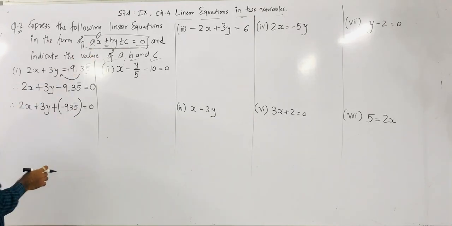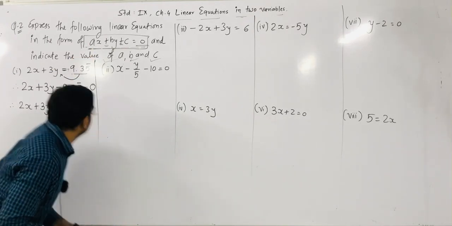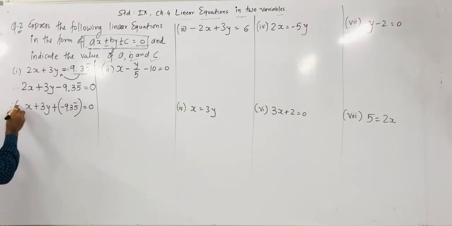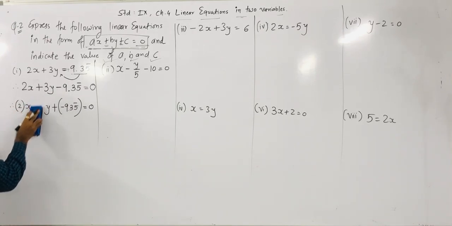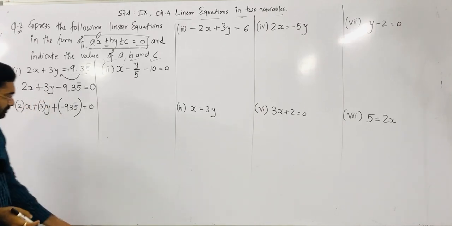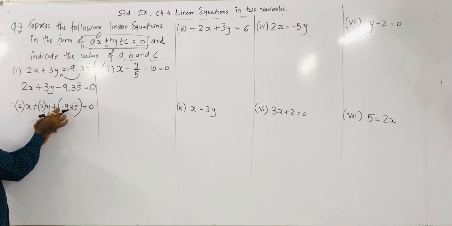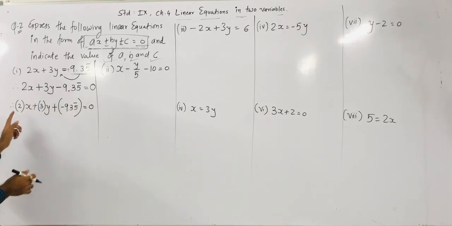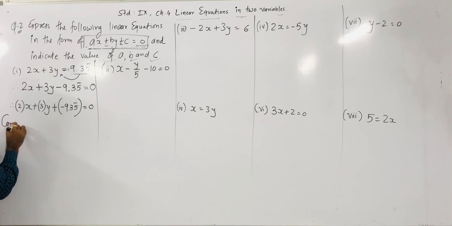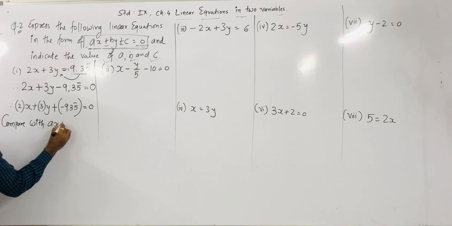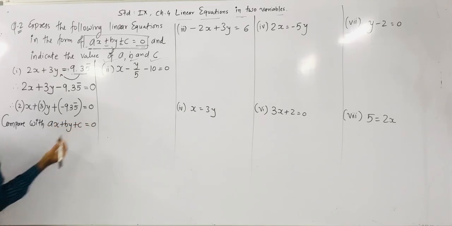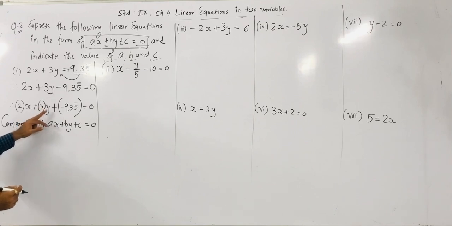Here the x coefficient is 2 in the given question, so I can mention it in bracket form as well, so that it is clear. And the y coefficient is 3. Here is a plus sign, so the y coefficient is 3, written in brackets as it is. Plus minus is minus only, so that is how we represent it. Now we have to compare that form with ax plus by plus c is equal to 0, and then you get the a, b and c values.